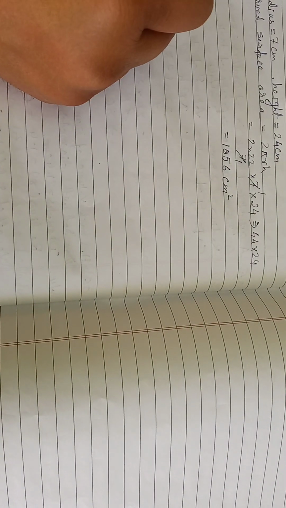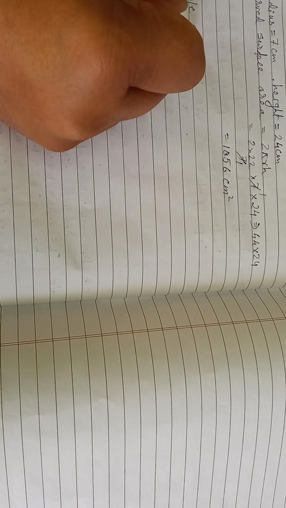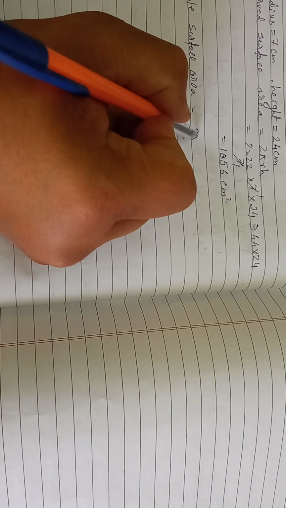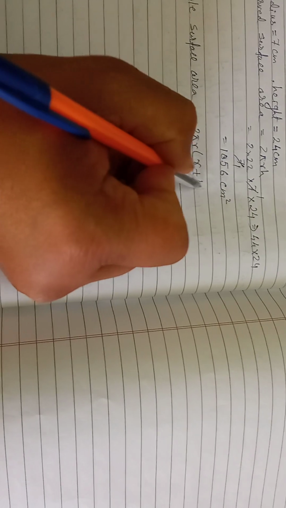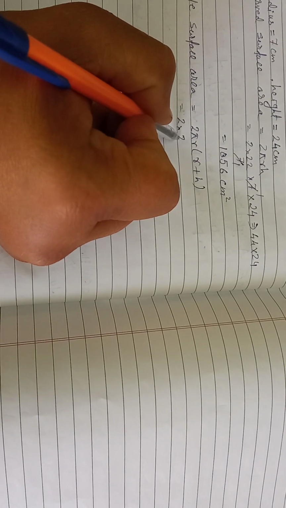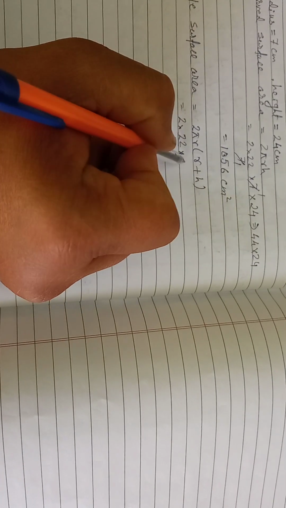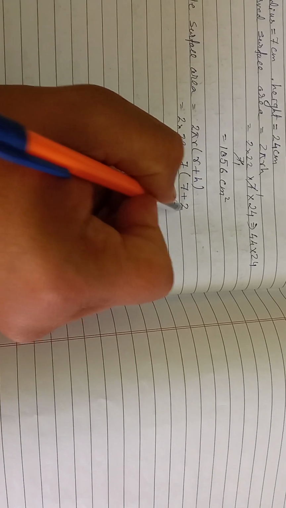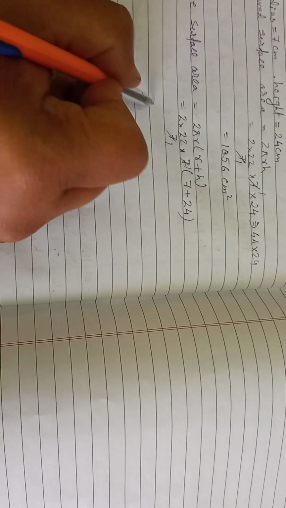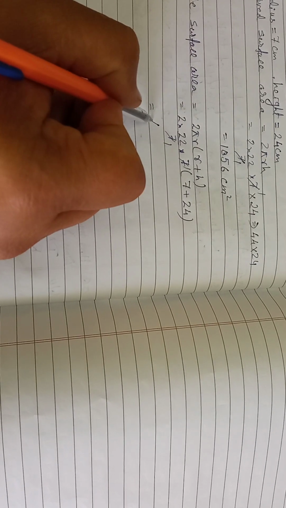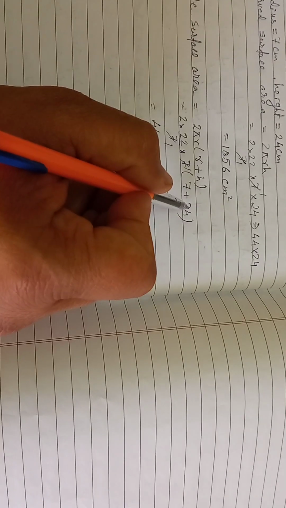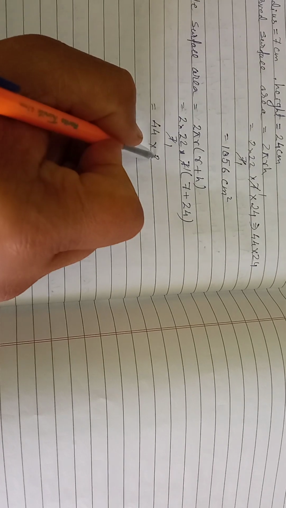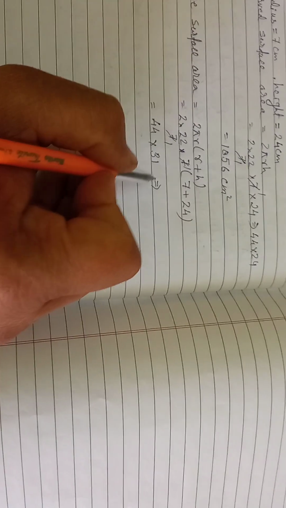Now we have to find out whole surface area. The formula of whole surface area is 2 pi r bracket start r plus h bracket close. That is 2 into the value of pi is 22 by 7 into what is the value of r? That is 7. 7 plus h. What is the value of h? That is 24. Cancel. 7 1 7, 7 1 7. What is left outside? 2 into 22, that is 44 into. You add 24 plus 7. How much? Yes, 31.